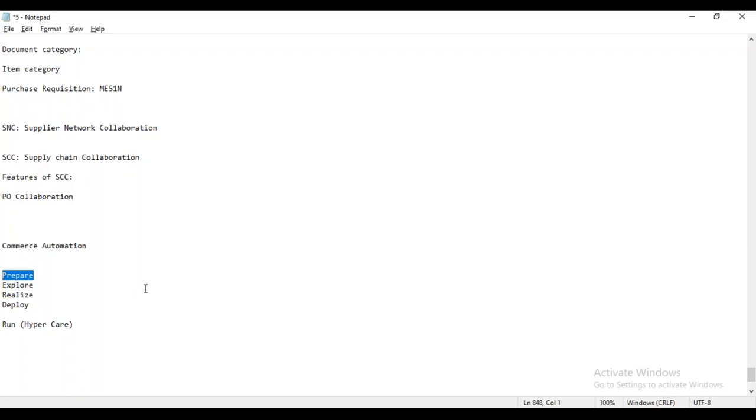Then we have to go into the explore phase. In the explore phase, we mainly work on the requirement design sessions. We conduct these meetings with the customer and demonstrate all the features they are going to implement. For example, if they are going to implement commerce automation, or PO collaboration, then we have to show them all the process steps of the PO collaboration, like how to